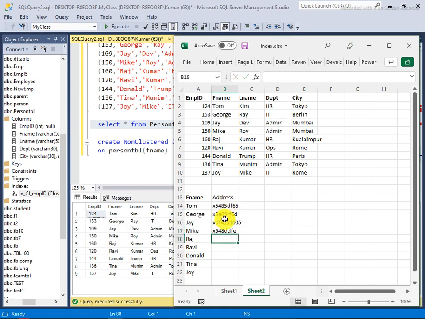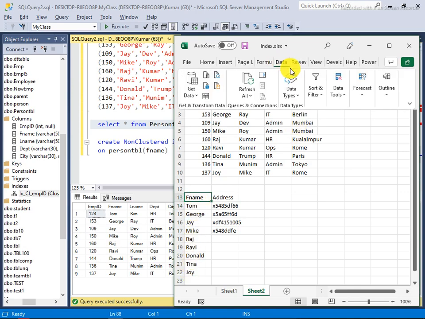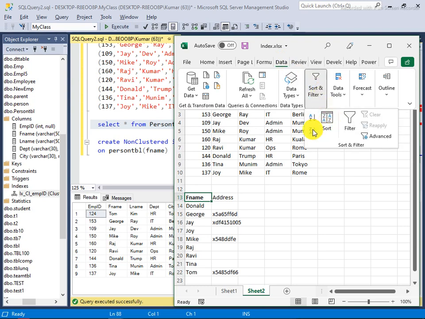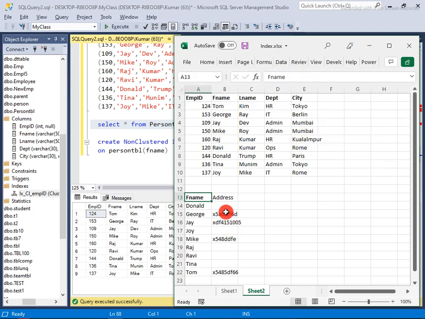So this way SQL Server makes a memory for itself. Okay, and so on. But here you will notice that this data is always in an ordered way. So in terms of the ordered way, it means that it will arrange our data in this way.